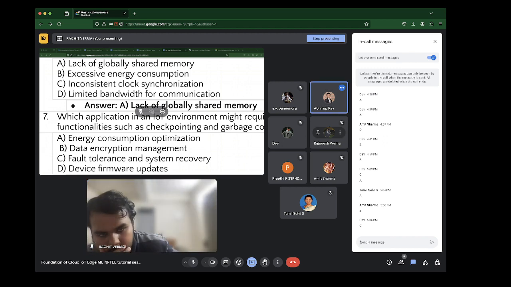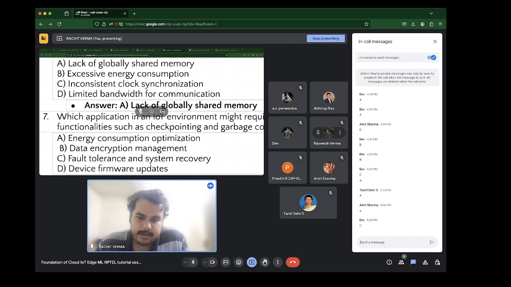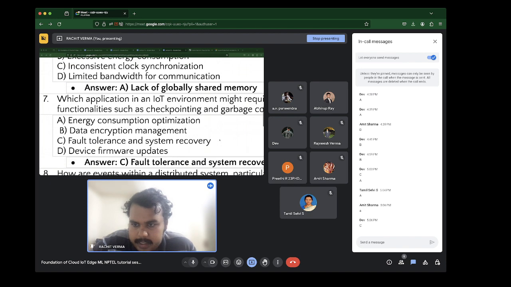Let's say you have an operating system and you're afraid that it might get corrupted, so you save the state of the operating system somewhere. That is checkpointing. Or if you have code, we may want to save various versions of the code. That's also checkpointing. So the answer is C, fault tolerance and system recovery.